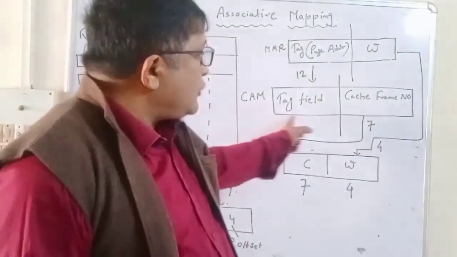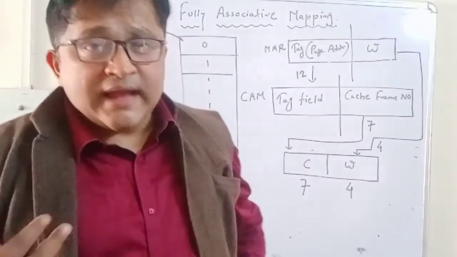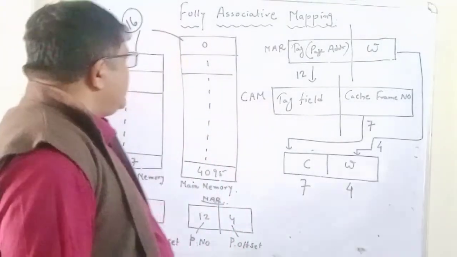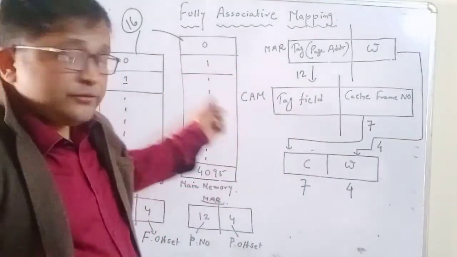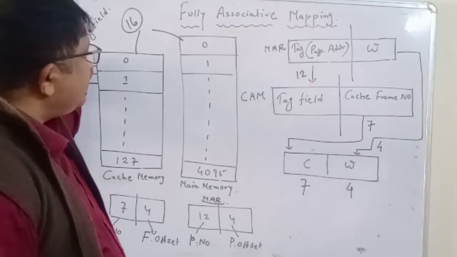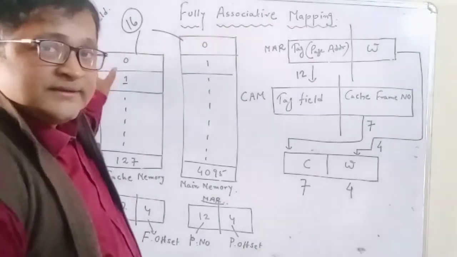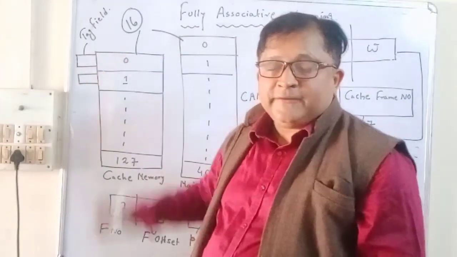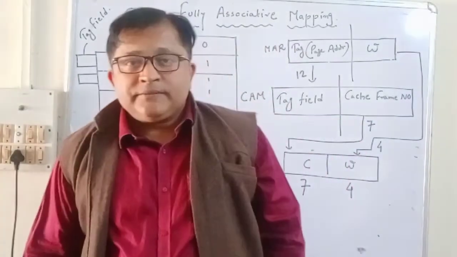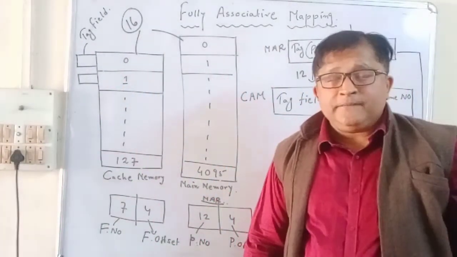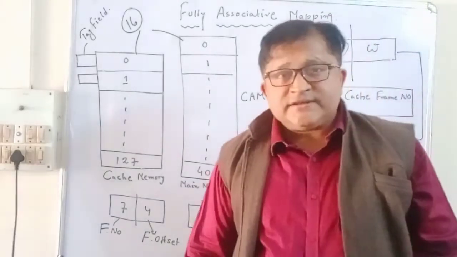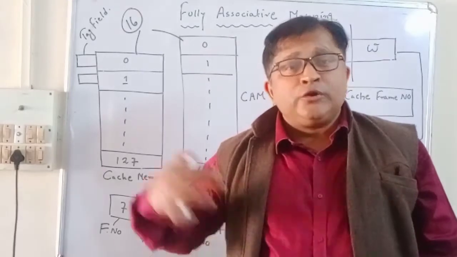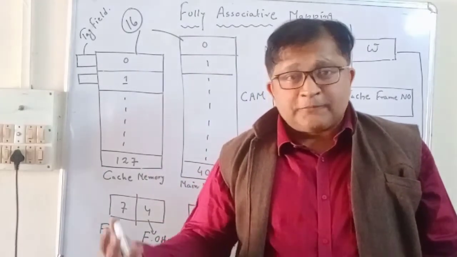Associative memory, or content addressable memory, is the memory by which the searching can be enhanced. After loading any page of the main memory to any frame of the cache memory, the page number is affixed here in the form of a tag field. Now this is all. The advantage is parallel searching. The searching is very fast, and any page of the main memory can be loaded to any frame of the cache memory. This is utmost flexible.